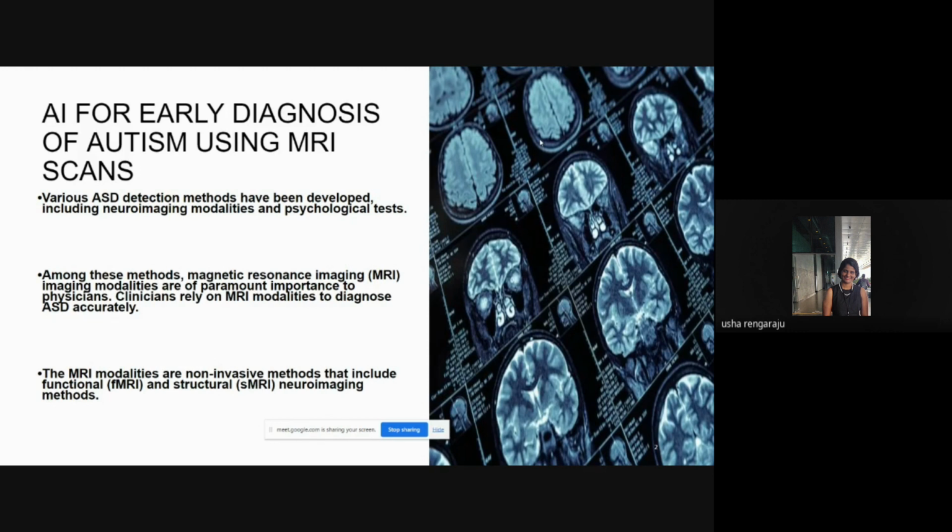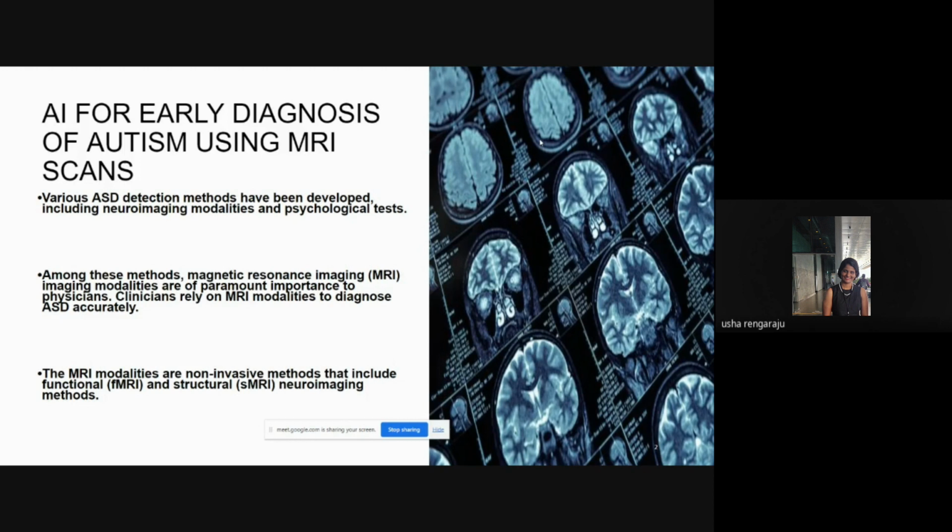So the first use case we're going to see is AI for early diagnosis of autism using MRI scans. Early diagnosis is very, very important. The reason why early diagnosis is important is because the neural wiring of a child takes around 5 years to